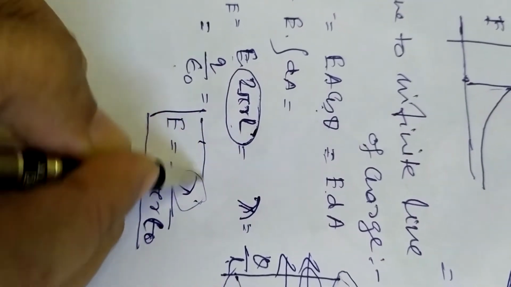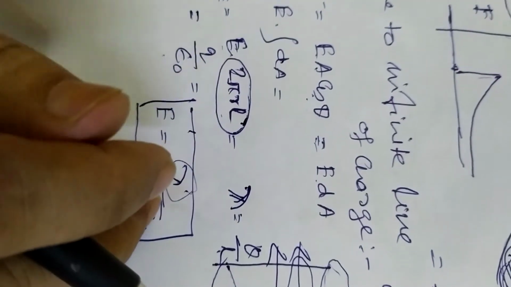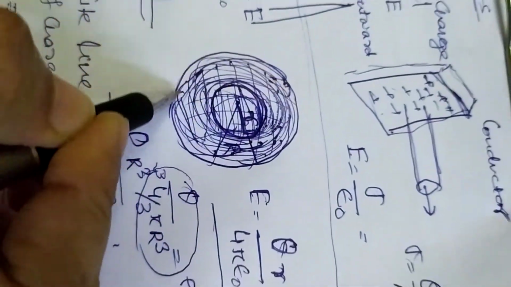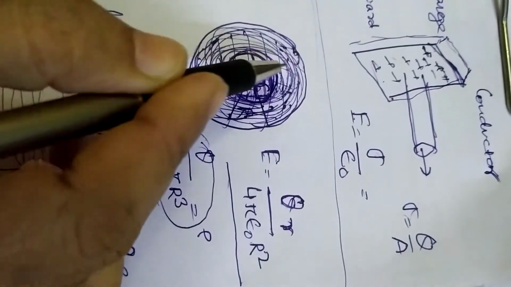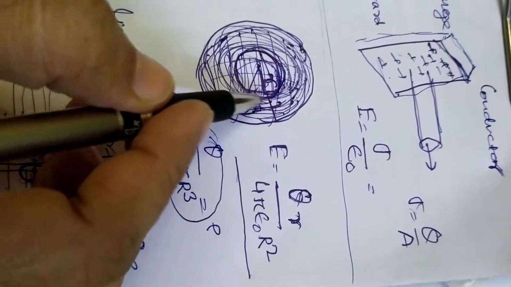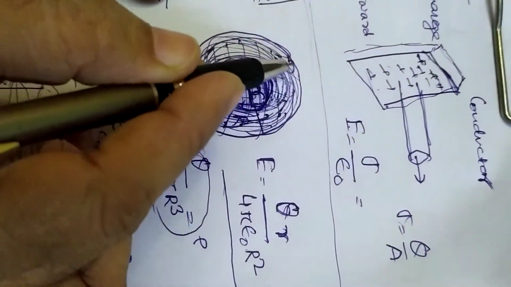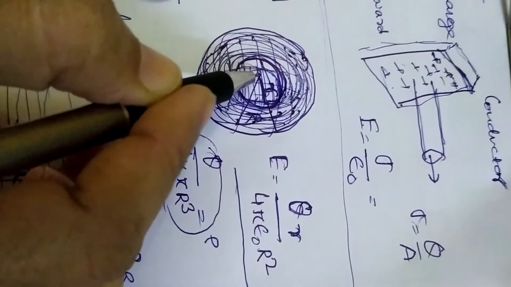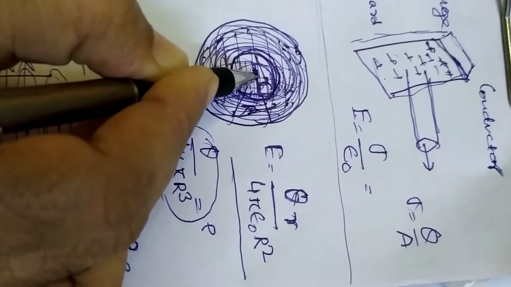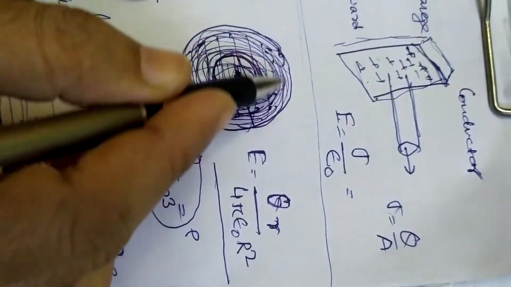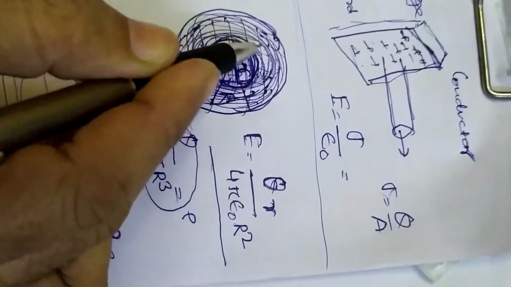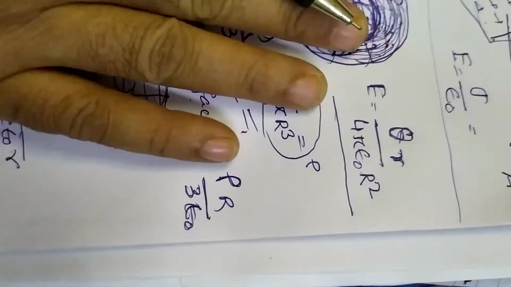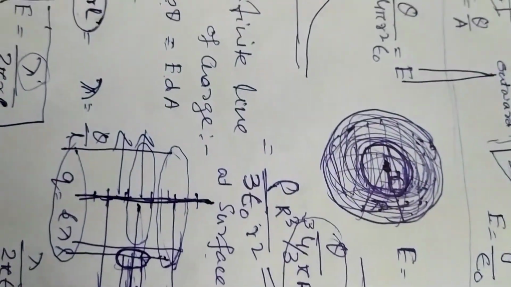This is all there in the NCERT syllabus, and especially for this one, the solid sphere, it is conceived in NCERT as a hydrogen atom. Previously, the scientist Thomson thought that this is a density of the electrons, and there is positive charge at the center. So in this way he conceived an electric field in the case of hydrogen. So this is there in NCERT, and all these things are there in NCERT.